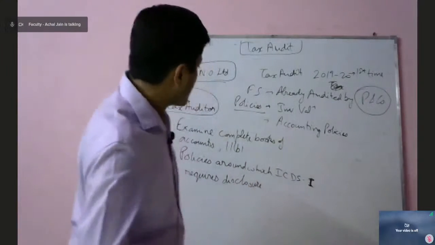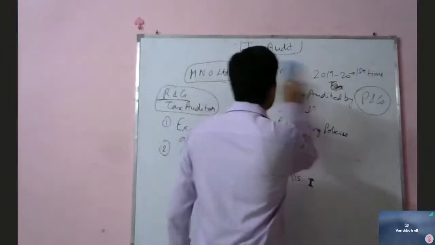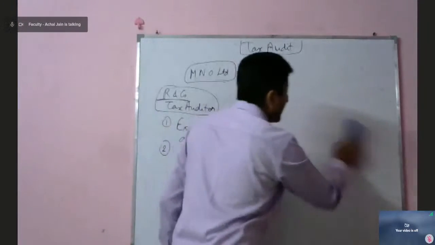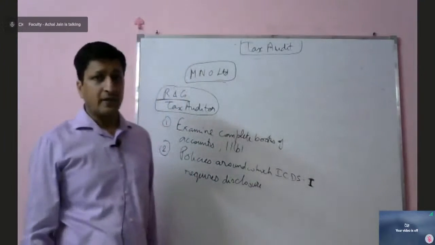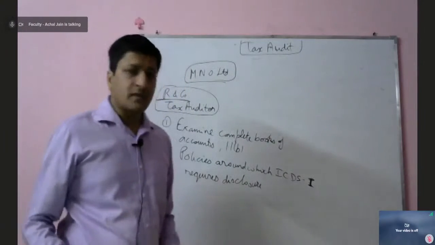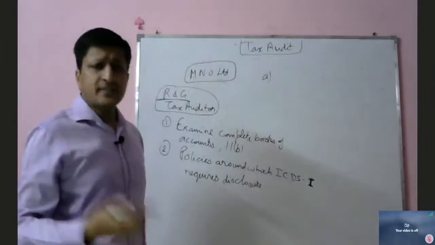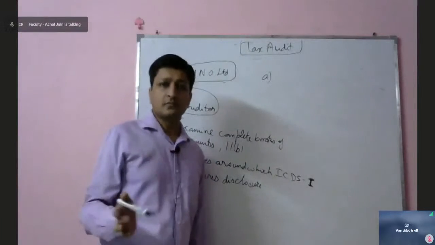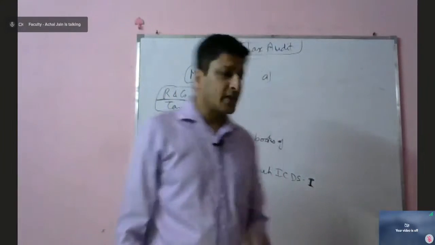Now in the given situation, what do you think can be the way on the part of the auditor as well as the management to resolve this matter? So we can look at some of the options. Let's see what can be the options available over here. A, I think the best way to resolve any matter is to give the representation. Correct? For any audit, the best way is to give the representation.